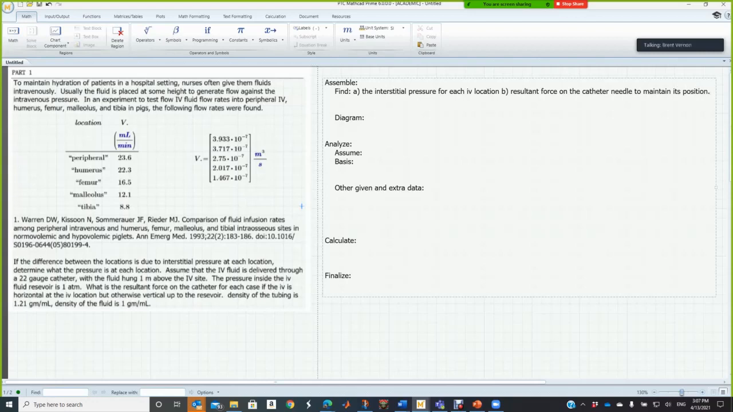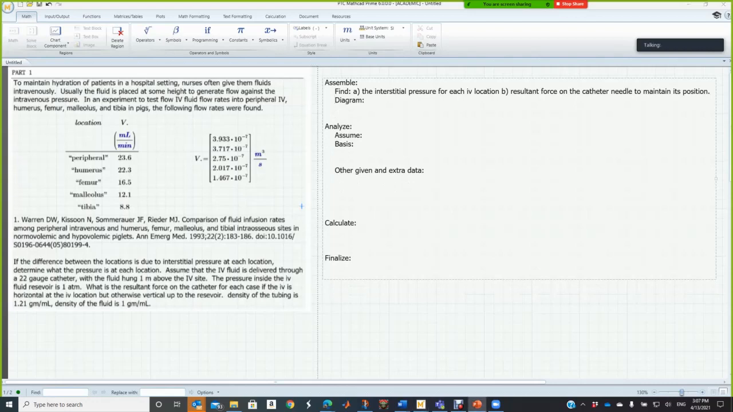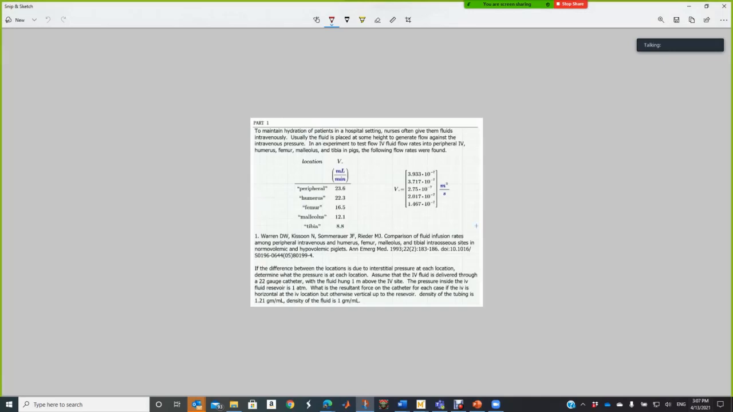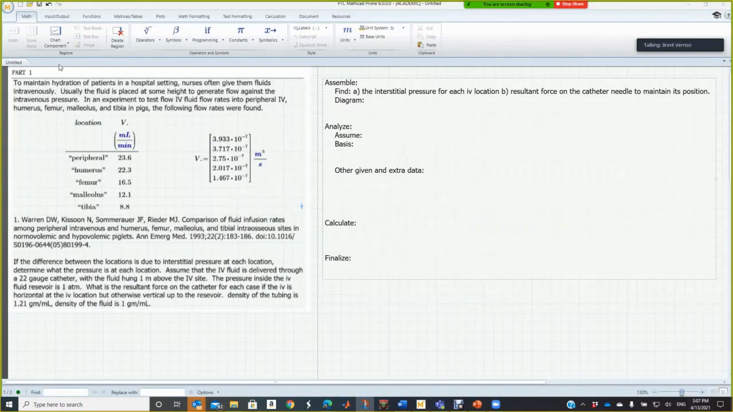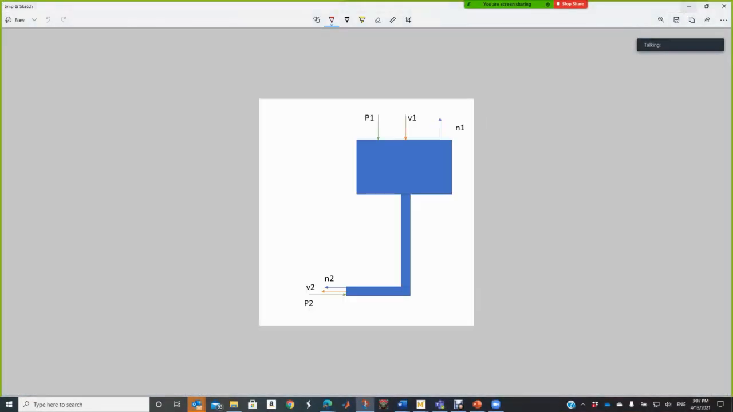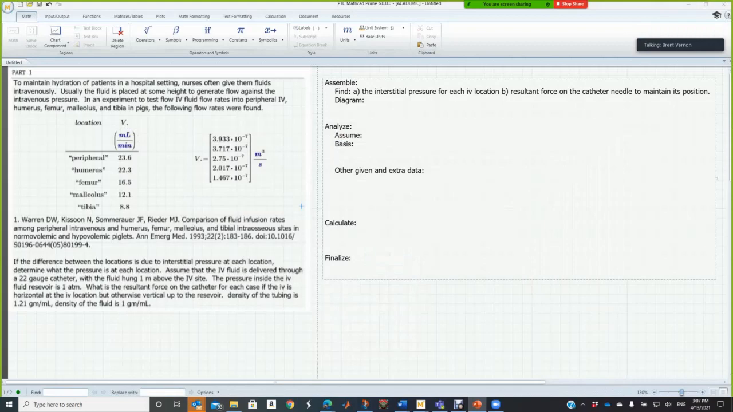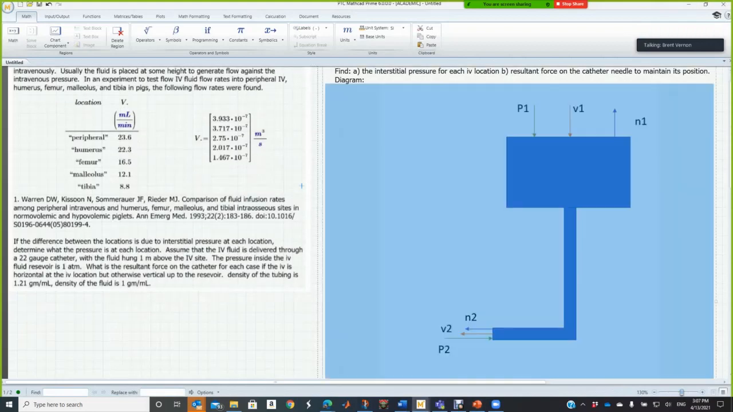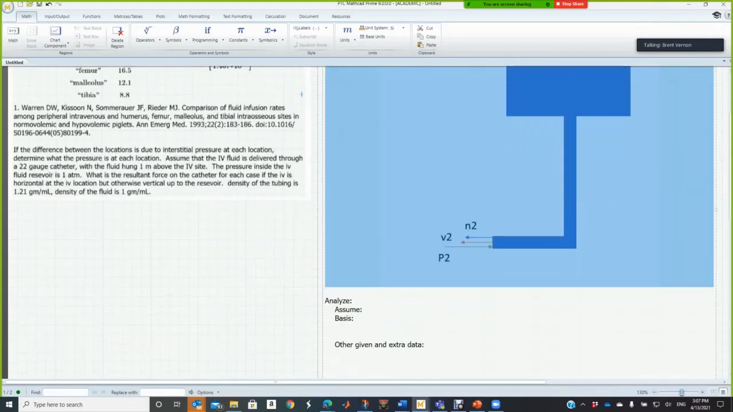So now let's get a diagram here real quick. Think about what the system is that's going on here. So you can see this. Let's walk through and talk about